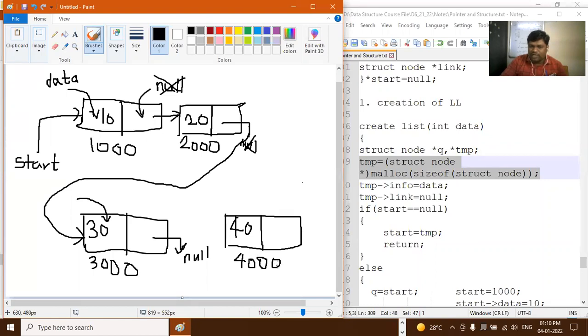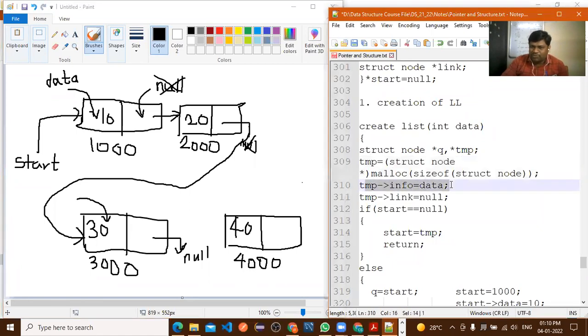Now these addresses are given by the system. So only here, for our understanding purpose, I'm assuming it, right? By default, our system is assigning these addresses. We are not able to see or assign it. But for our understanding purpose, here I'm writing. So 4000 address I have assigned.